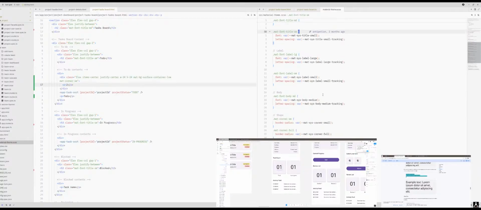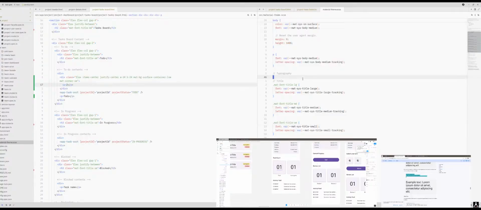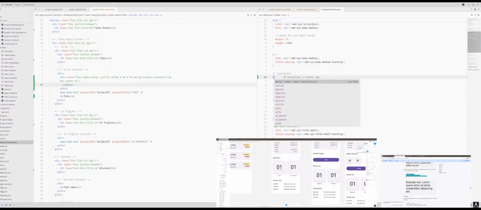Display large. You need to have the display. Display here. Just like so. And now we can make this class of not on display large. Now that looks like